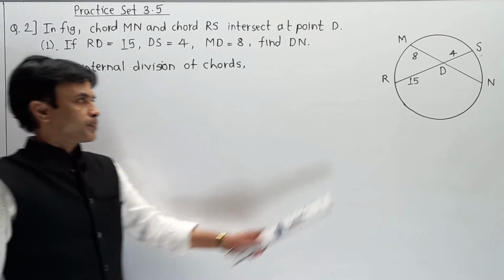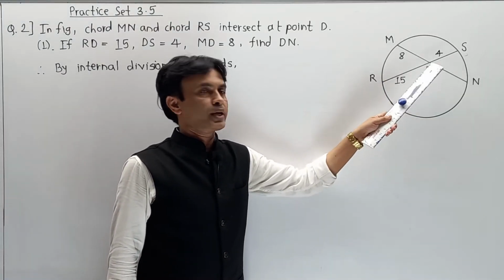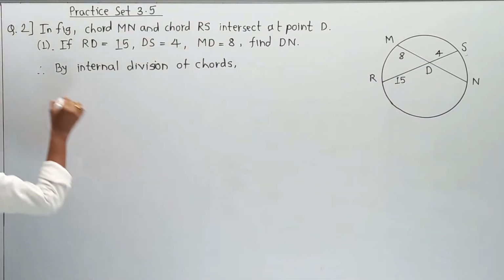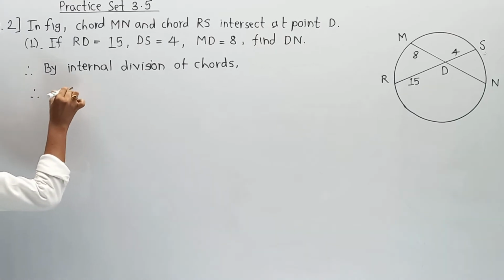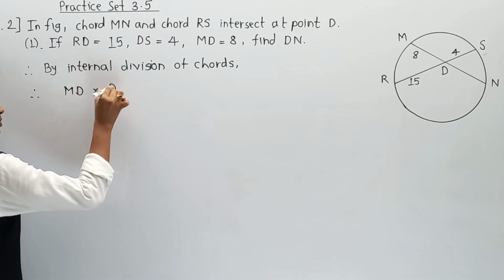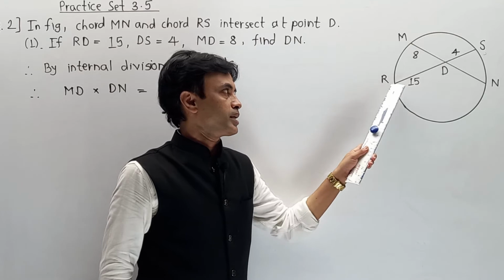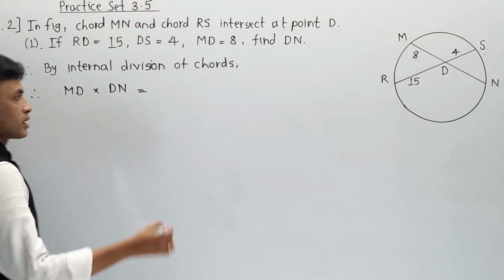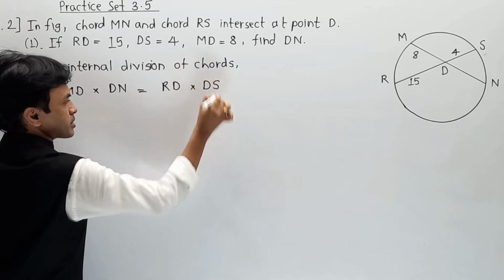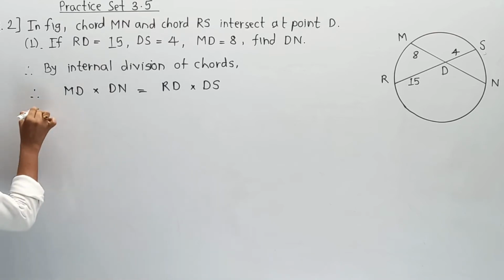Here, the part becomes RD into SD is equal to MD into ND. Therefore, MD into DN is equal to RD into DS. Now, just by putting the values over here, MD, as per the condition they have given,